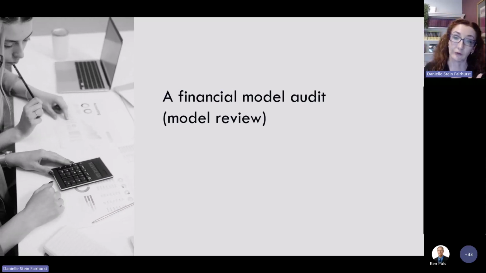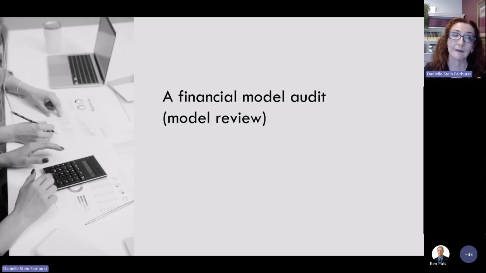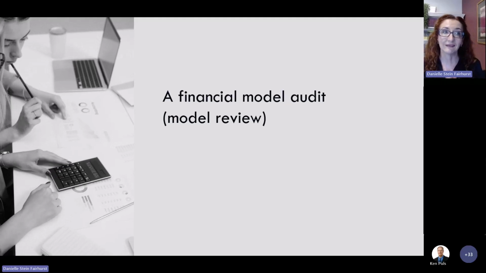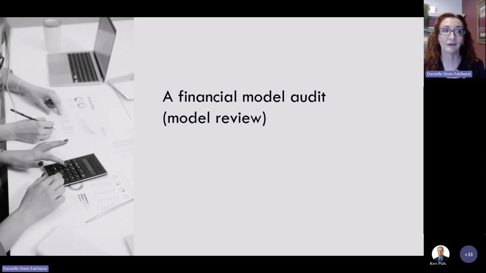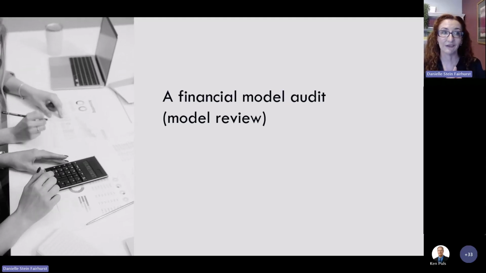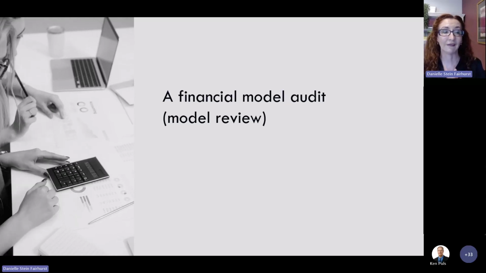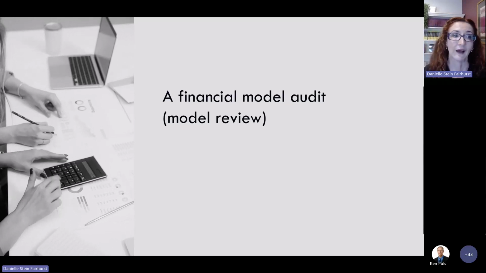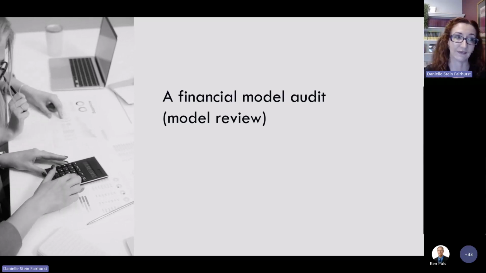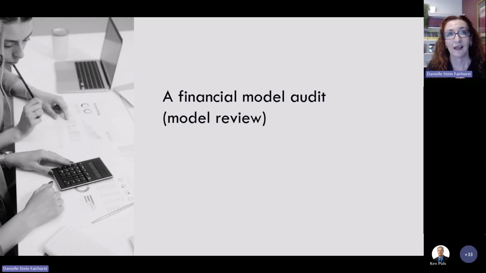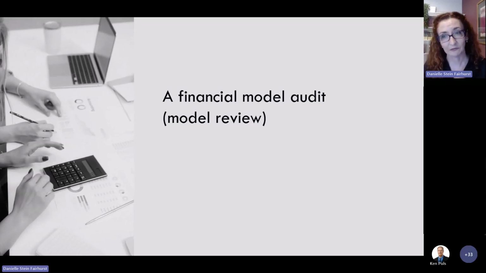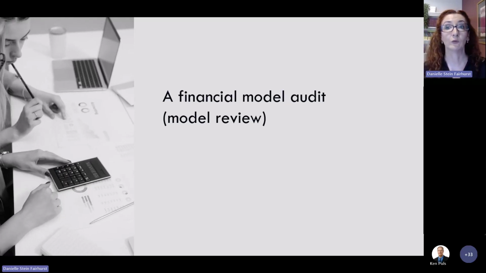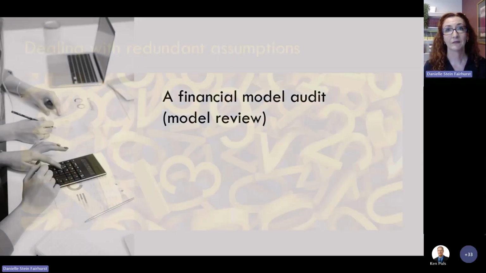I mean a model review, where they will actually go in and check and test it, take it apart and check it meticulously for errors. Having it professionally audited can be incredibly expensive, but it's really the only way to make sure that there are no errors. Some of the things that we've talked about can make it a lot cheaper and easier to get a formal model review done.